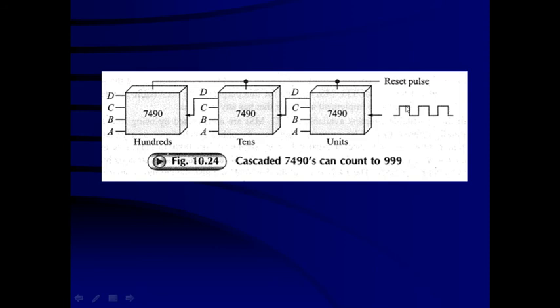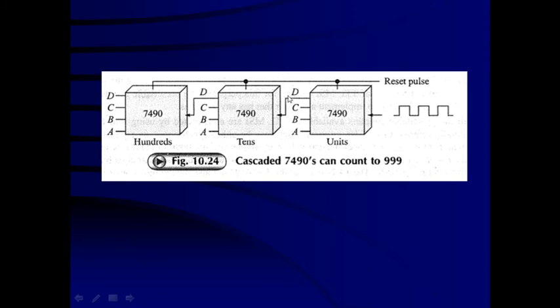Now on every negative edge of the clock pulse, this counter is going to progress one count up to count number 9. Then when the MSB D changes from high to low, that is, the last flip-flop changing from high to low, it is connected to the clock input of the middle counter. So the content of the middle counter is going to advance every 10 clock pulses. This counter is advancing with each clock pulse, so this is known as a unit counter.